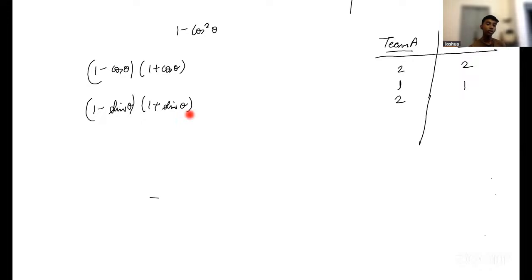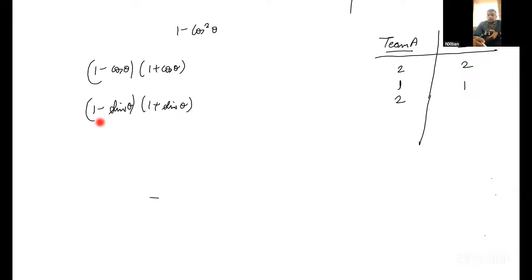No. A minus b, a plus b. What is the identity for that? A square minus b square. So 1 square minus sine square theta. Now 1 square is 1. 1 minus sine square theta is